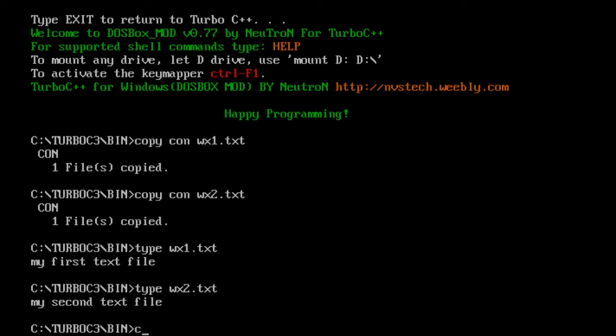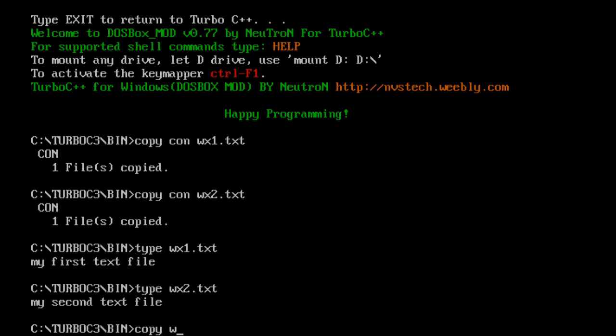Now I am going to execute the copy command of DOS, which is the command that helps us copy contents from one file to another. The basic use of this command is that it directly picks the contents from one file and copies the contents to another file, and it overwrites the contents of the other file. The contents of the second file are usually not preserved, so it picks the contents from the first file and copies them to the second file.